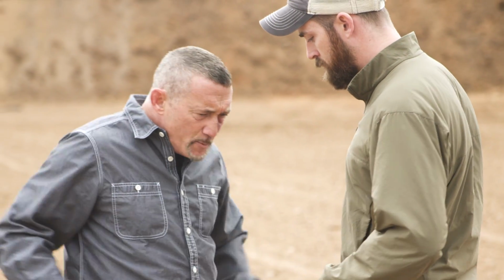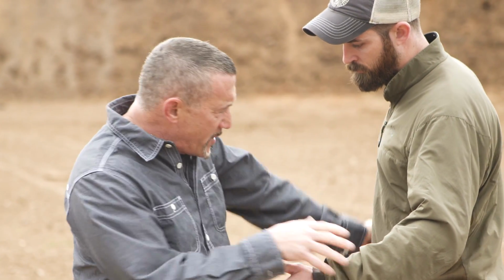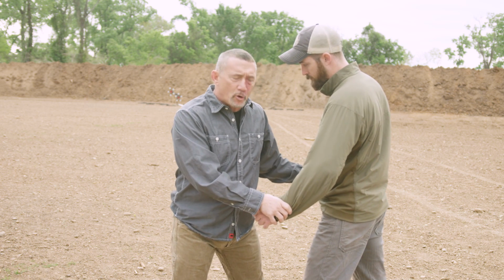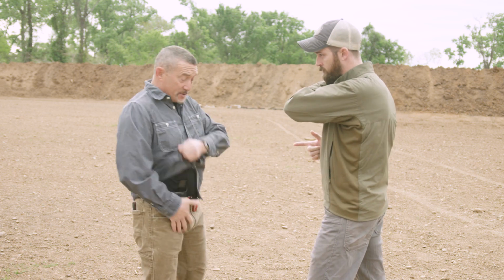If this were a gun that we were fighting over, if Andrew will make a finger gun, I'll show you what I'm talking about. Let's say he's got this shoved down into his waistband. He's trying to pull this out. I'm trying to keep him from pulling out. I have a weapon. The problem is he's established grip on his first. And if I exit in front of the hands, I'm in a 1-foot slugfest and there's nowhere to go. At least if we get